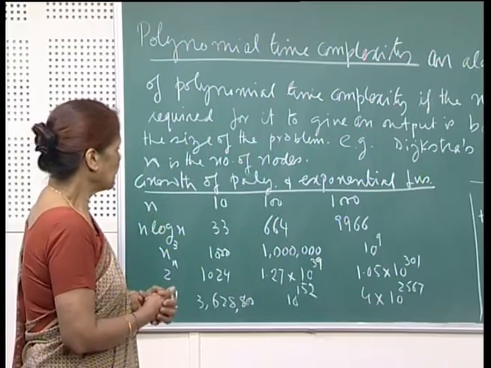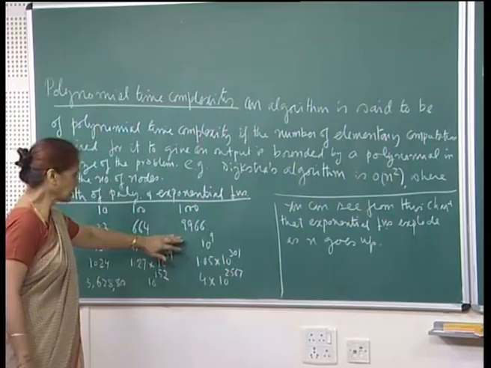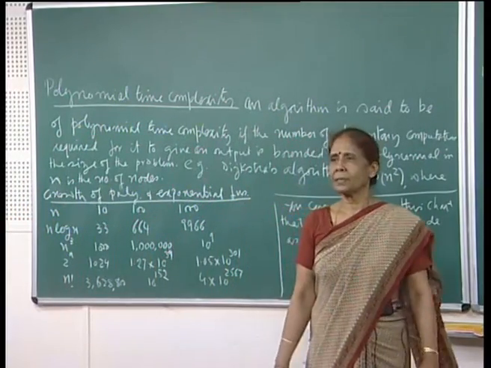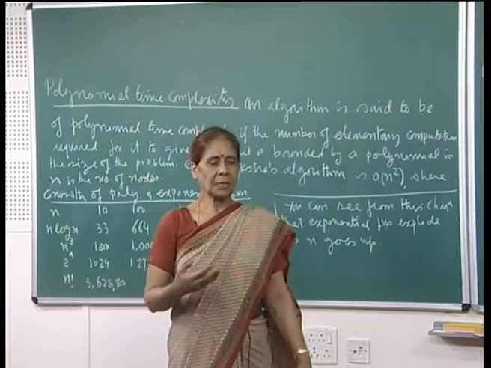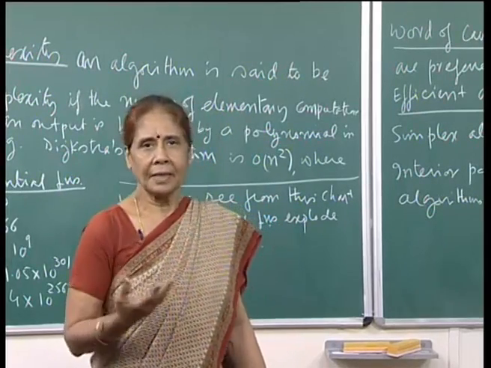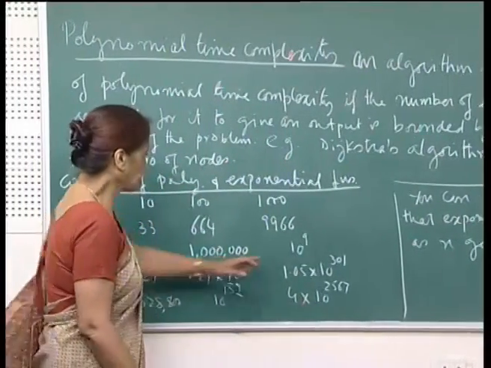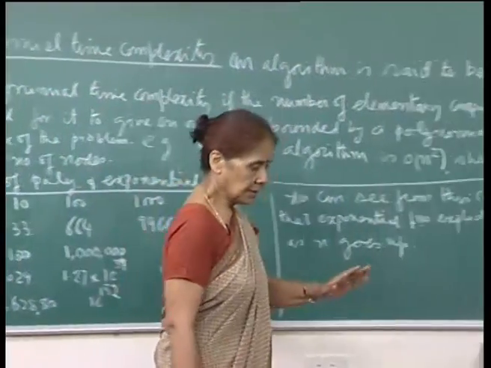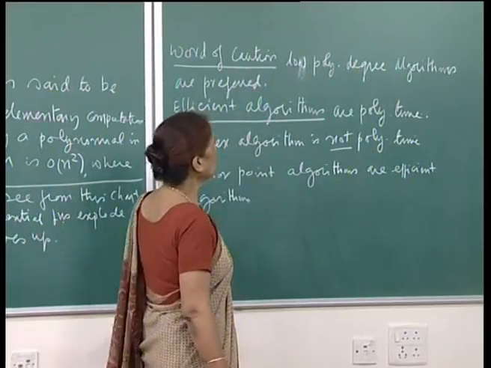Okay. And so, of course, one can ask whether it is enough to have polynomial time complexity, because if the complexity is a polynomial of the order of, let us say, 50, then n raised to 50 is also a big number, because n raised to 3 already is becoming 10 raised to 9, right. So that is the word of caution, that you are actually looking for low polynomial degree algorithms,